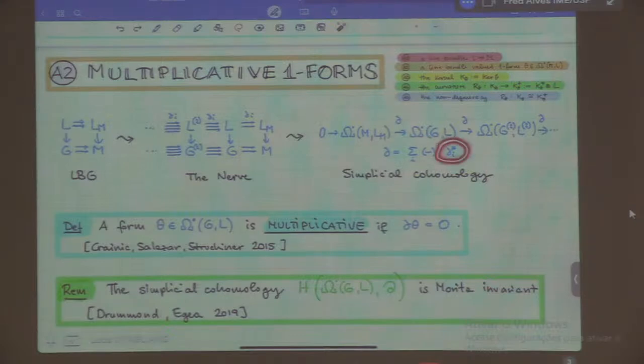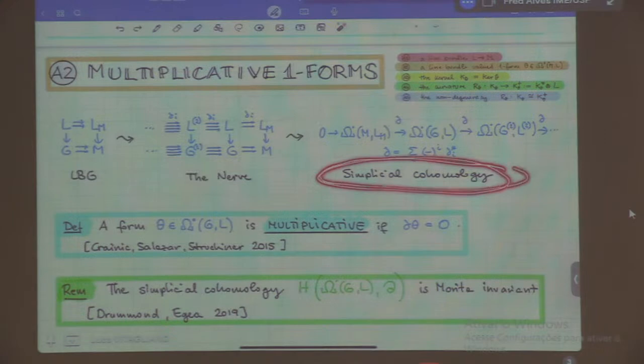But notice that this pullback is well defined on vector valued forms precisely because these structure maps are isomorphisms on fibers. In particular, we have this simplicial cohomology,